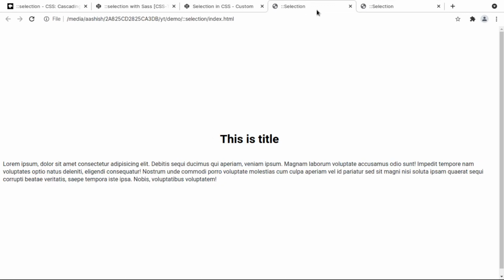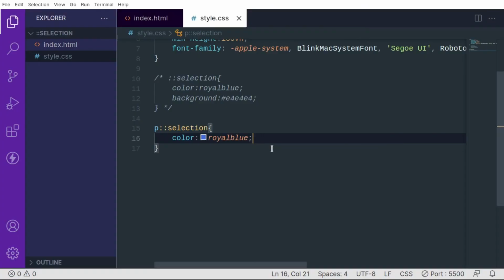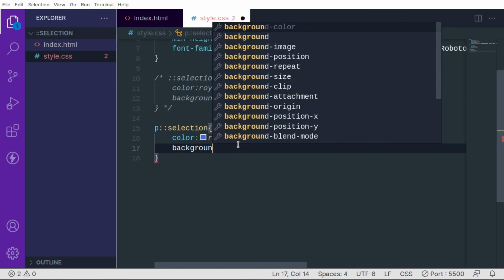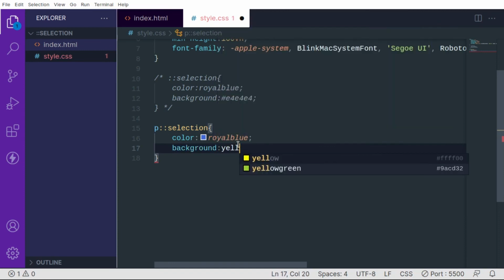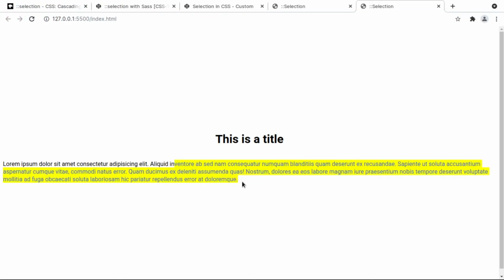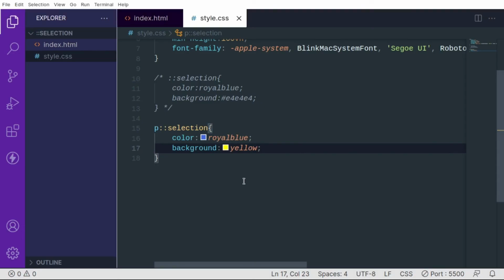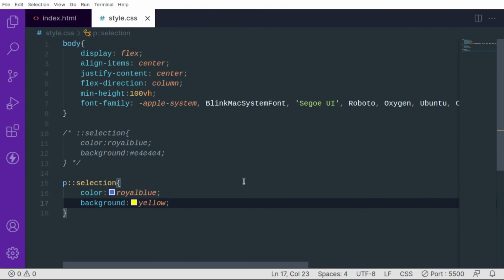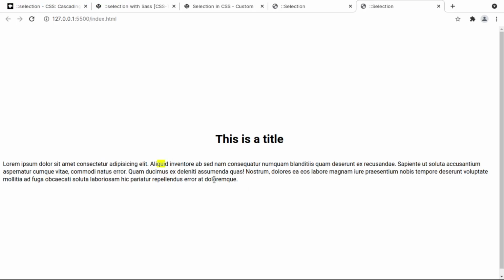But if you want the things like this, obviously this is a bizarre kind of design, but if you want the things like this, then I am going to show you how you can do that. Let's just do that, and I am only one step far from that, so I'll give it the background color of yellow, and voila, we made it. And we just degraded our styling capability, our designing skill.